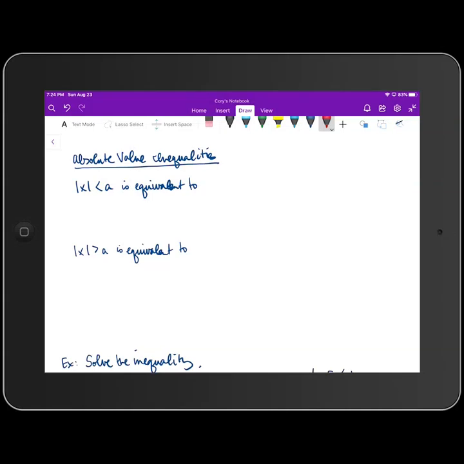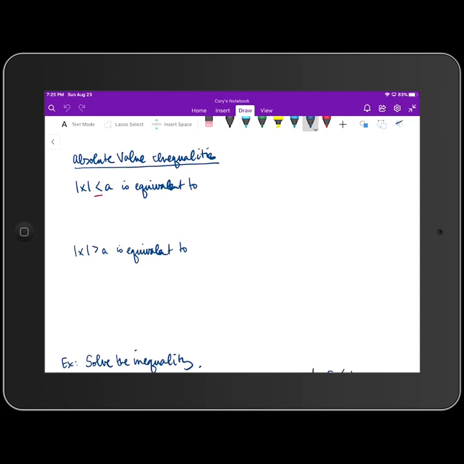All right, so we're going to continue this lesson next, looking at absolute value inequalities. There are two that we're going to look at. First one being the absolute value of x is less than, or if you want, we can put less than or equal to, because both statements are going to look the same. That's going to be equivalent to, if we take the process that we use for solving absolute value equations and use it for absolute value inequalities, you can say that